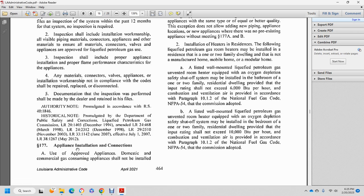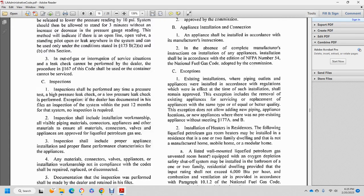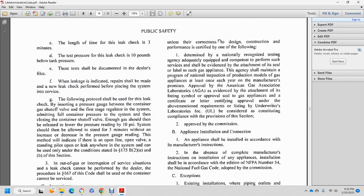177 Appliance installation connections. You have approved the appliance with domestic commercial gas components and consuming appliances shall not be installed. Live for the correctness for the design, construction, performance is certified by one of the following. One determined by the nationally recognized agency adequately equipped with the component to perform its service with the shall be evidence with the attachment with the seal of the label of such gas applying with the agency shall maintain and